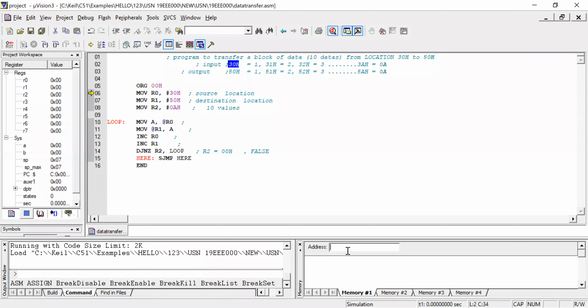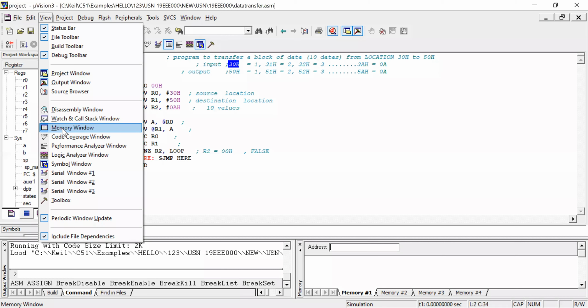I think everybody can see it down here: Memory #1, Memory #2, Memory #3, Memory #4. If the icon is not there, go to View, then Memory Window. Click on that, it will show the memory window.